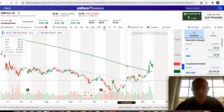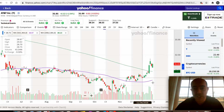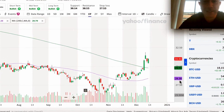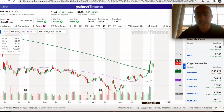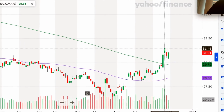You can see here the green line is the 20-day moving average and the purple line is the 50-day moving average. So if we look here, the 50-day moving average is around 28.38, and the 20-day moving average is 29.79, and we are currently trading at 31.01. And you can see here that the trend line has been broken, and we have broken out of this 20-day